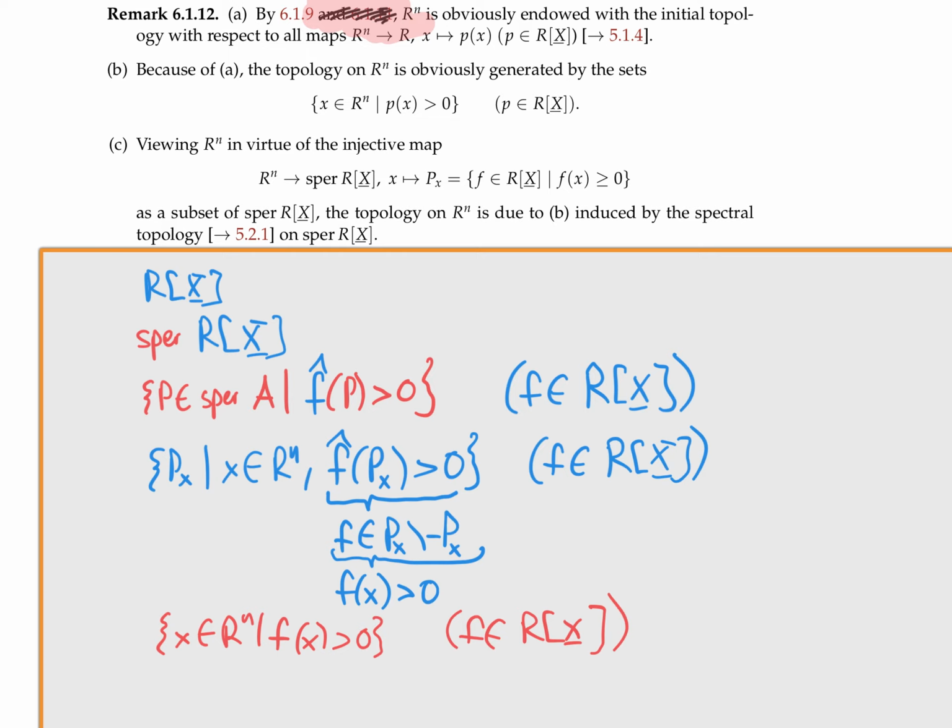So that's nice. So in this way, R2n is up to this identification, up to this injective map, actually a subspace now. Before I could think of it as a